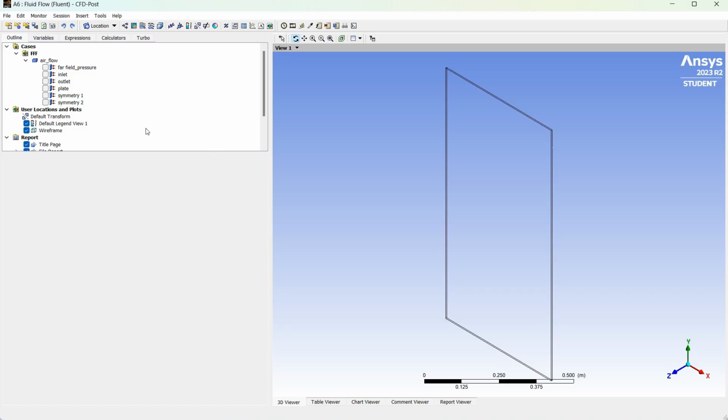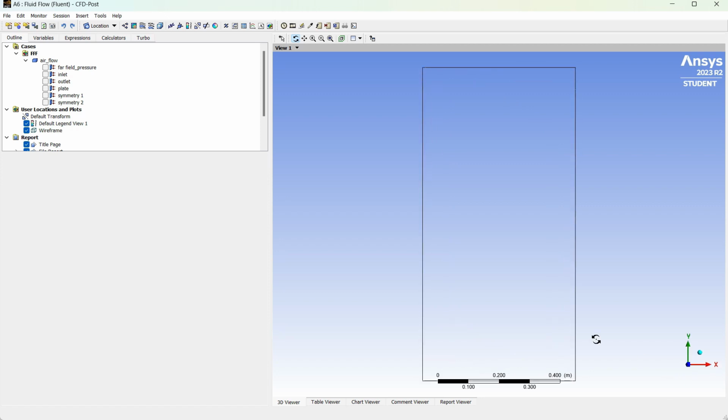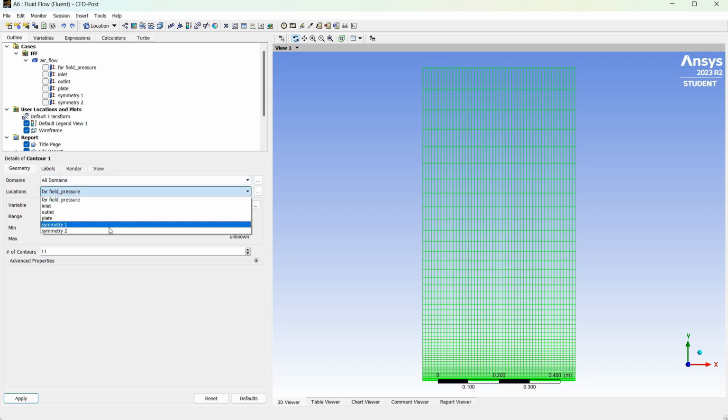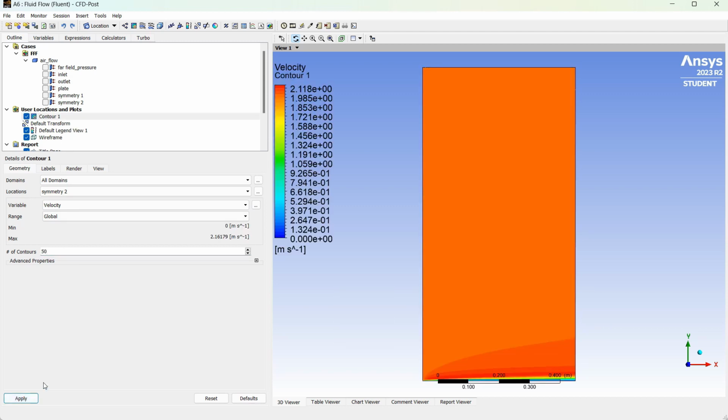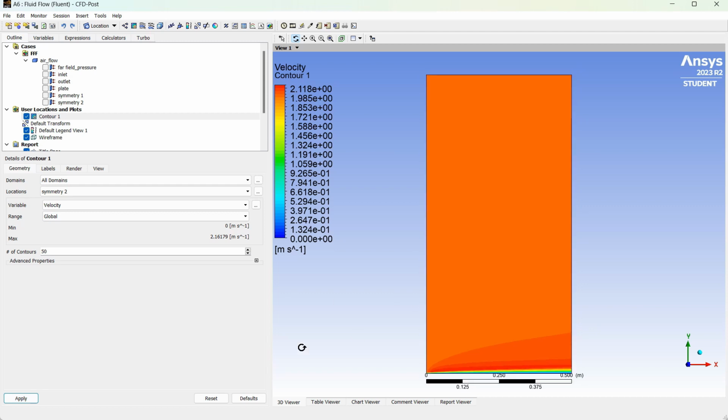Final part is result. Click to the axis to get 2D, and then click the contour icon and click OK, and change location to 72, and change variable to velocity, and now number of contour I change to 50. Number of contour to see variation of color beam, and I click apply, and you can see that the maximum is near the plate,